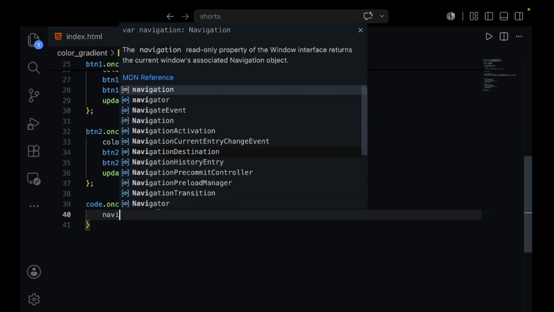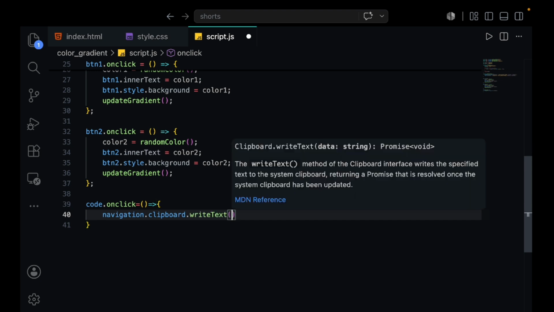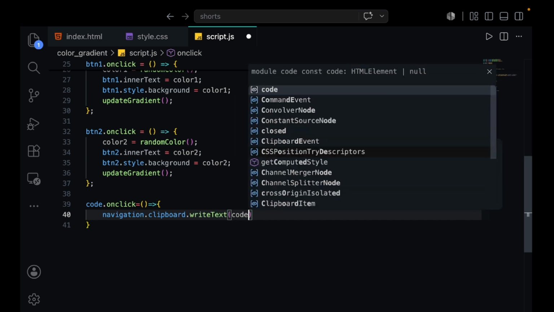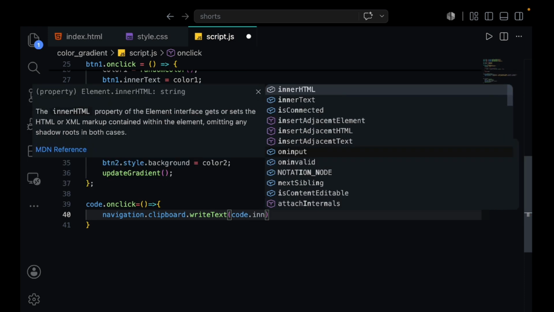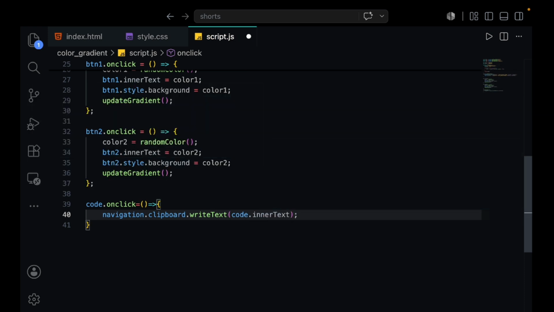So let's do this, navigator dot clipboard. We have a function called write text, and inside that we're going to give code dot inner text and one alert pop-up.